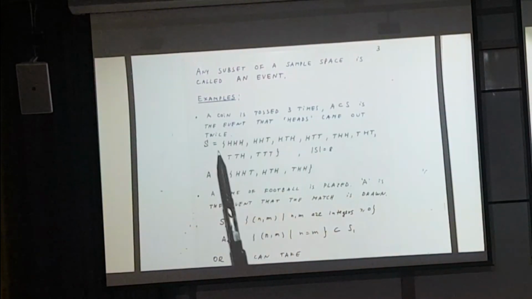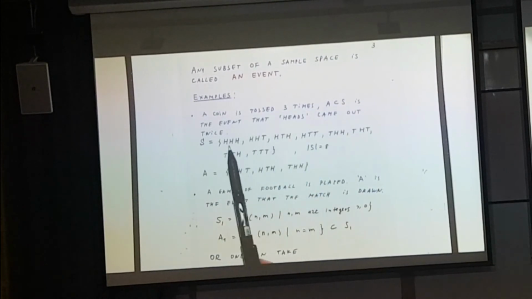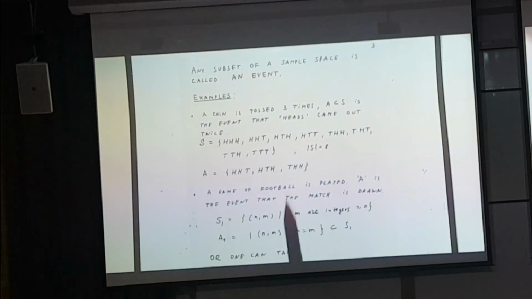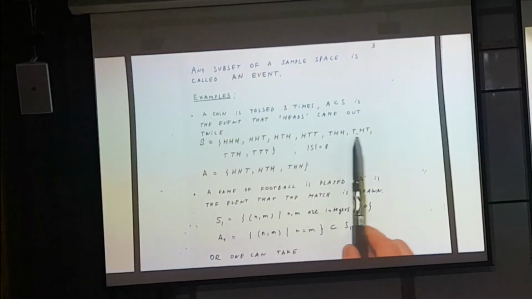Then the total sample space will contain 8 elements listed here, right? So it will be all possible combinations involving H and T for heads and tails, so strings of 3 symbols. And you can count that there are 8 of them, so you can just count them as they are written out,